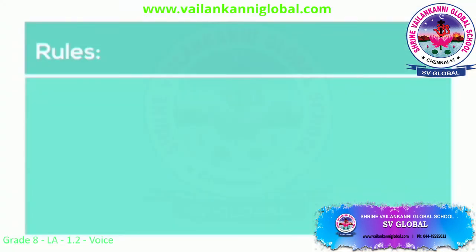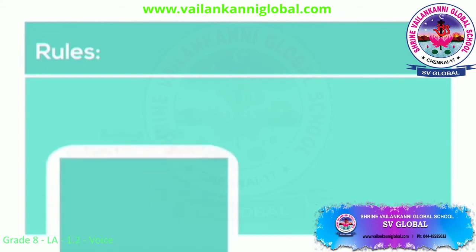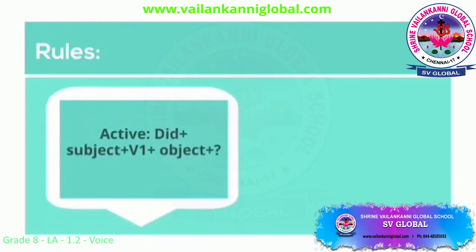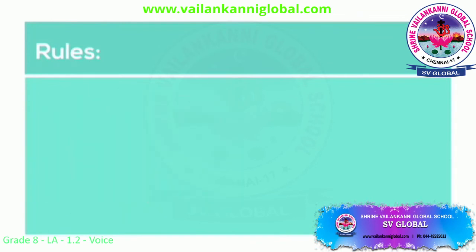Here is the last rule of the simple past tense category, that is for making a question or changing a question into active voice or passive voice. We should begin this question with an auxiliary verb, did. It is also called a question word. After the question word, we must use the subject, and then we must have the main verb in base form, that means without adding s or es. And then we can complete the question with an object of our own will.